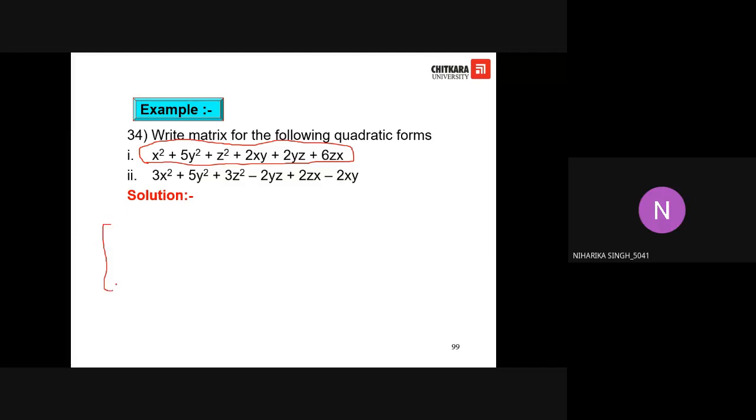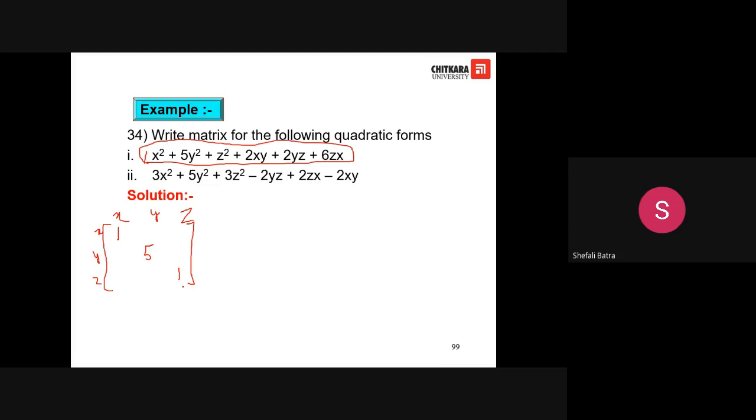Ma'am, first x, y, z will come, so I will tell the main matrix of 3 by 3. Yes, we write this for our convenience: x y z and x y z. Yes, now tell me the entries, beta. 1, 1, 3. Okay, tell me diagonal entries first. Okay ma'am, 1 and 5 and 1. We have done x square, coefficient of x square is 1, coefficient of y square is 5,